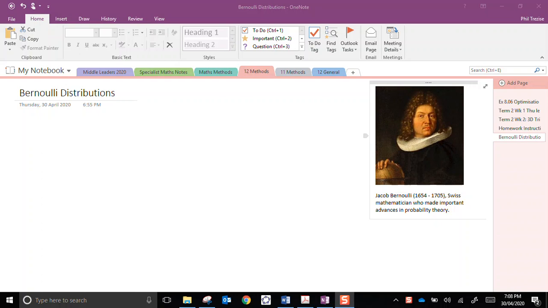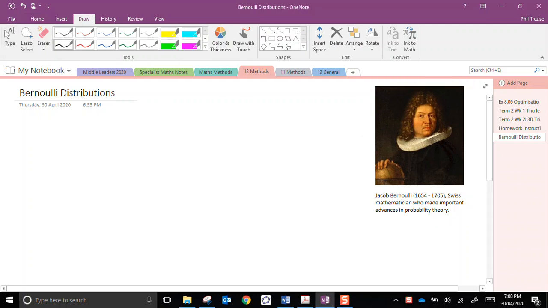Now, the Bernoulli distribution, or a Bernoulli event, is an experiment, a probability experiment, where there are only two different outcomes. That's the most important defining factor. Now these outcomes are usually denoted as a success or a failure. Now, the words success and failure don't really mean what they normally mean.